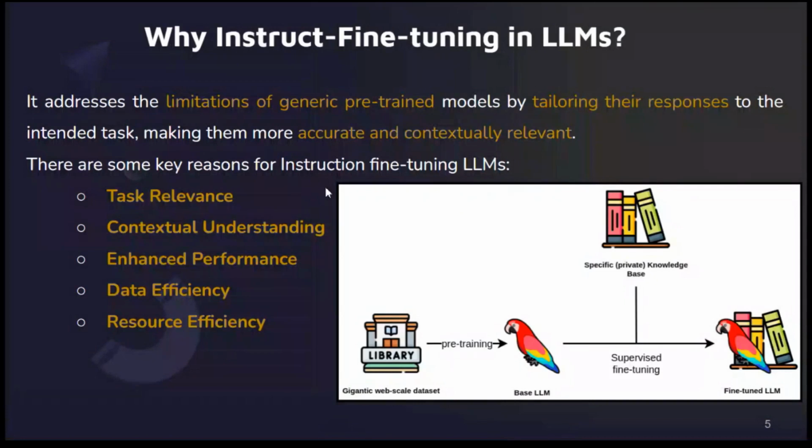That will be possible only with specific instructions. Then we have contextual understanding, where we try to make responses context-rich so that they fit perfectly in LLMs. Then we have enhanced performance. For this purpose, we try to give a booster-shot type of performance in some domains. Then we have data efficiency, where we try to utilize existing pre-trained knowledge